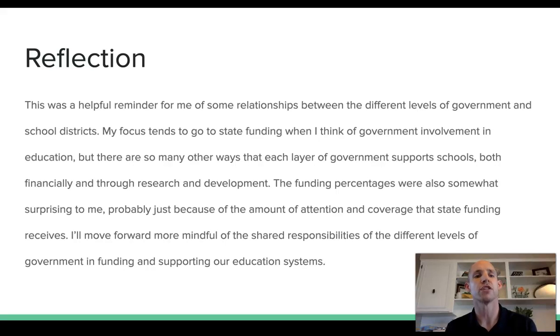And finally, a reflection. This was a helpful reminder for me of some of the relationships between the different levels of government and school districts. My focus tends to go to state funding when I think of government involvement in education, but there are so many other ways that each layer of government supports schools, both financially and through research and development. The funding percentages were also somewhat surprising to me, probably just because of the amount of attention and coverage that state funding receives, and I'll move forward more mindful of the shared responsibilities of the different levels of government in funding and